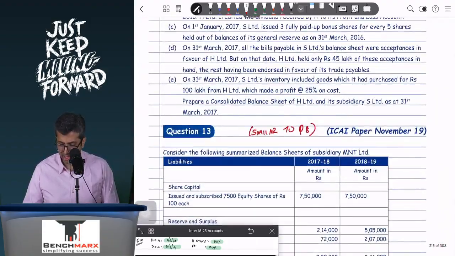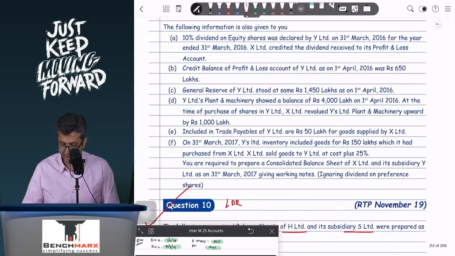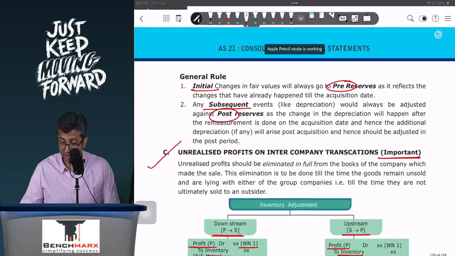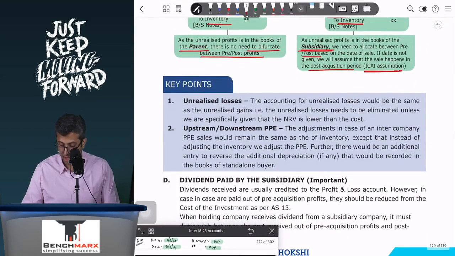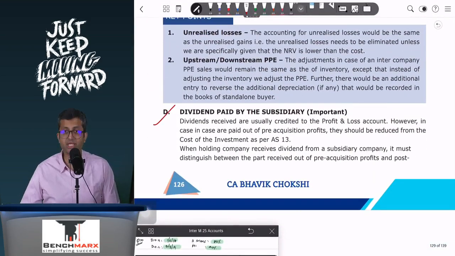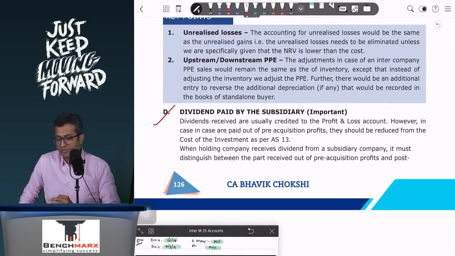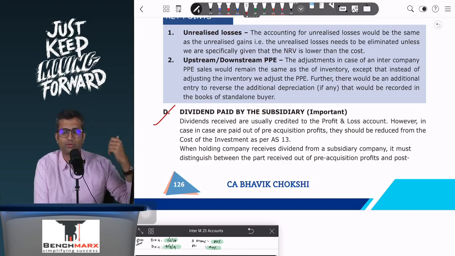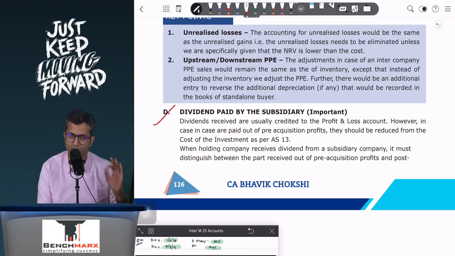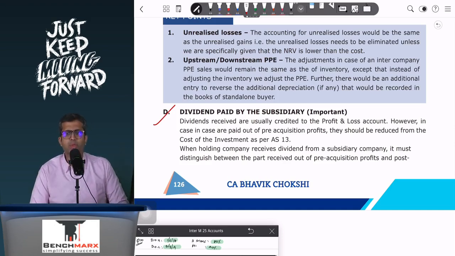Okay, next, you will go to the next adjustment, which is the adjustment for dividend. Now this is the next important adjustment for you. This is a fairly tricky adjustment, okay? So when you look at dividend, you need to borrow some of your understanding from AS 13, Accounting Standard 13 on investments. Now dividends may be paid out of the pre-acquisition profits,